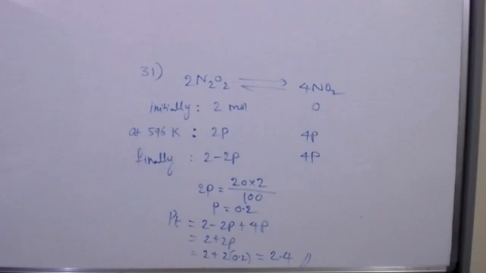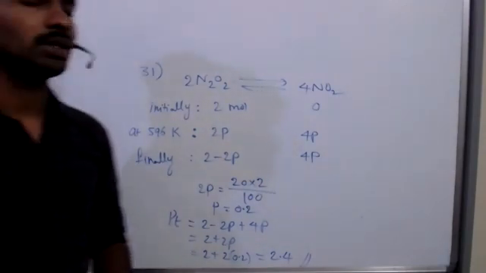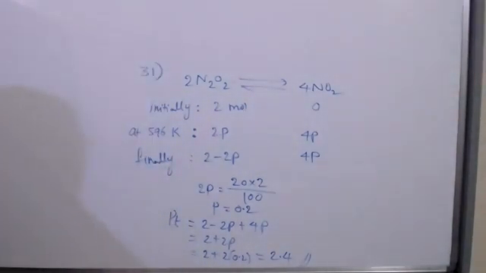Question 32. The pH of the solution obtained by mixing 100 ml of solution of pH equal to 3 with 400 ml of solution of pH equal to 4 is. So don't take the average, we'll get a wrong answer. First you need to convert to H plus concentration, then divide that by the total volume of solution. It gives the resultant H plus concentration. To that we need to apply the pH formula.